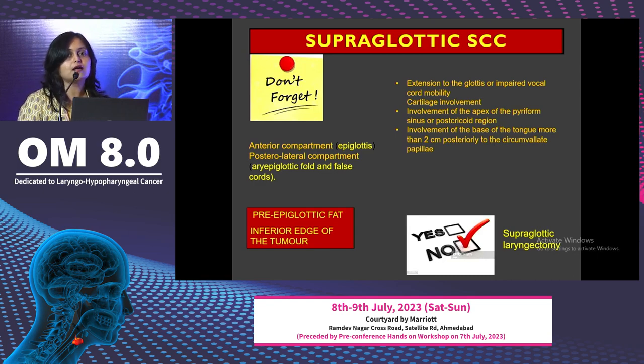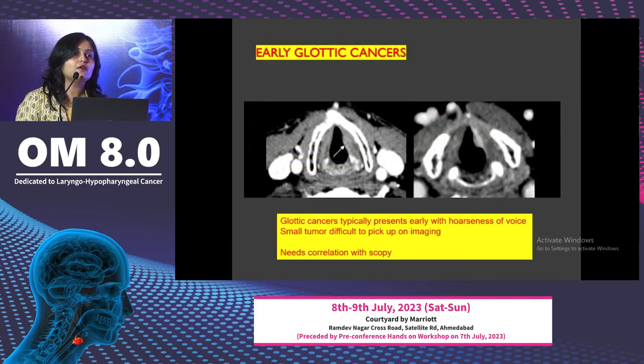So all these are the contraindications for the supraglottic laryngectomy. Early glottic cancers, the role of the radiologist is limited. The majority of the cancers are well seen on scopy. The role of the radiology is to see the laryngeal cartilage, the deeper space extension, and sometimes we may miss